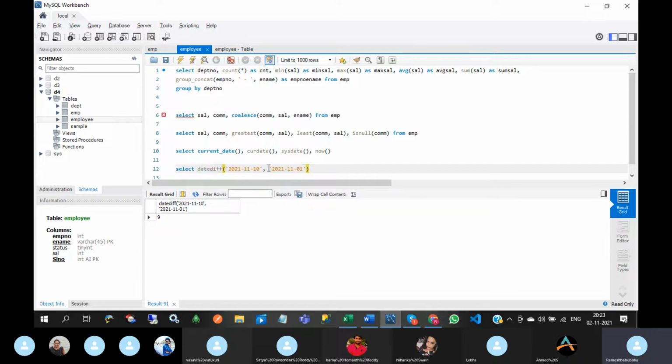Here the arguments are dates. So what is the difference between these two dates? 10 and 1, so that is -1. If you give 0, 1, 0 here, then you will get -9. That means the first argument should be the higher date and the second argument should be the lower date. Then only you will get a positive value.